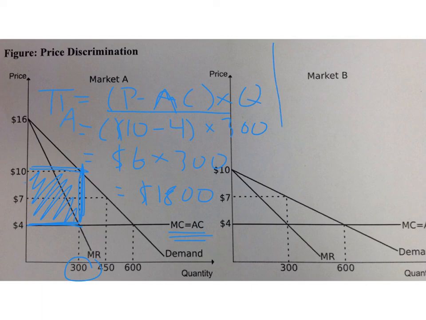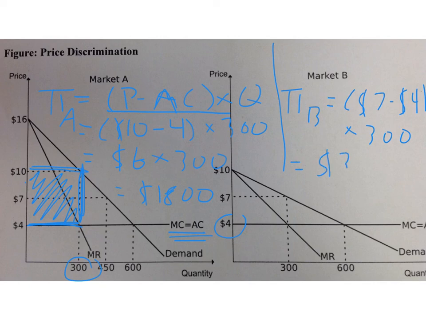Then we can repeat that calculation for market B. We said the price in this market is 7. Our average cost is still the same, $4, and we still sold 300 units. So what do we get here? We get $3 times 300. That's $900 of profits in this case, for market B. So notice we're making a lot more profits in market A. Why? That demand curve is more inelastic. We know in inelastic markets you get a higher price markup, so you're going to get more profits in market A than